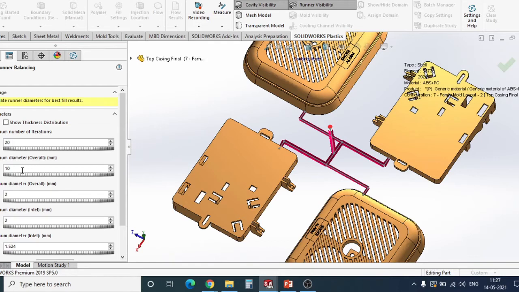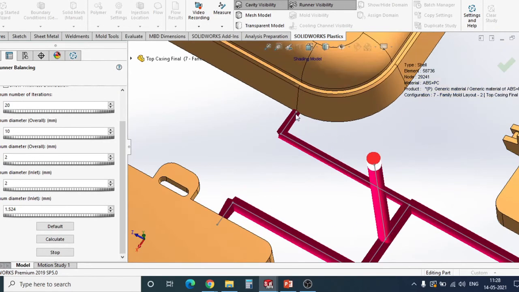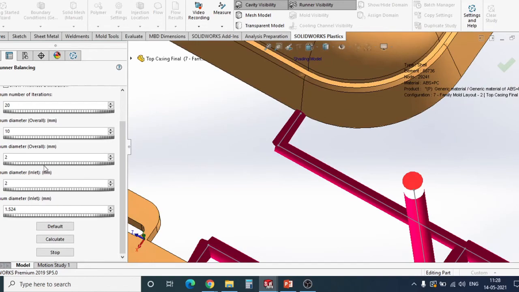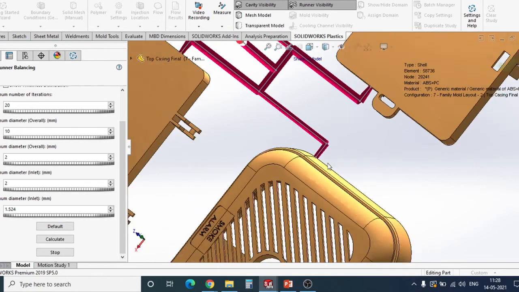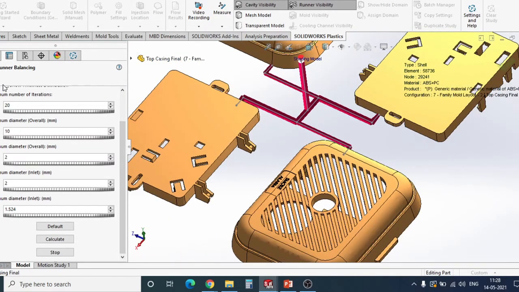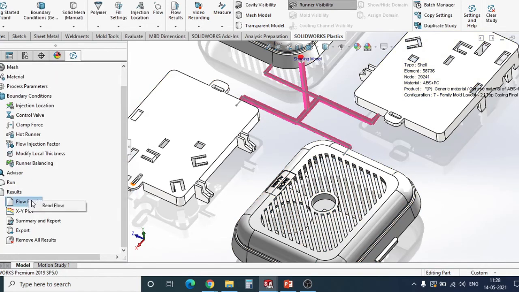So you can define the maximum diameter and minimum diameter of the overall runner system, and importantly the maximum and minimum diameter of the inlets, these inlets. So the software will calculate and adjust the diameters by itself so that the cavities will get filled equally.